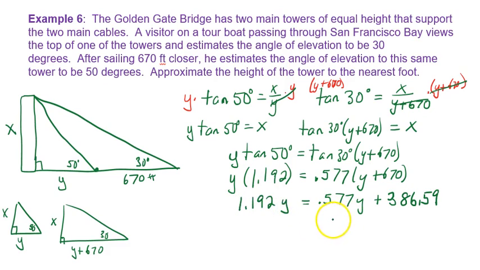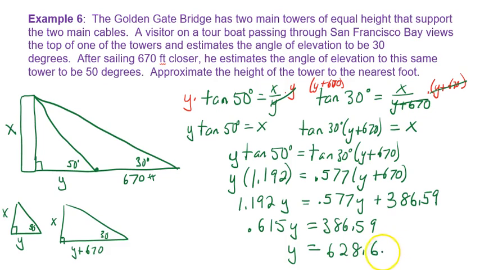And so I want to get my y's together, so I'm going to subtract the 0.577 y from both sides because it has the y and this side has the y. And when I do that, I get 0.615 y equals 386.59, and I'm not sure why that number wants to disappear. And then divide by the 0.615, and I get